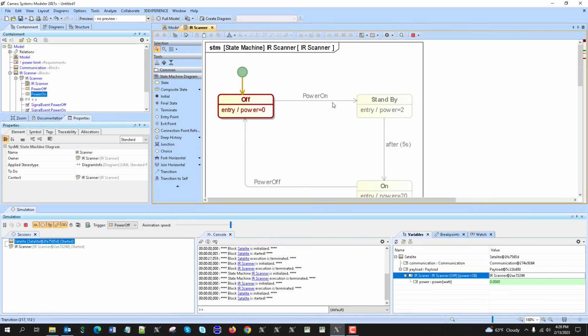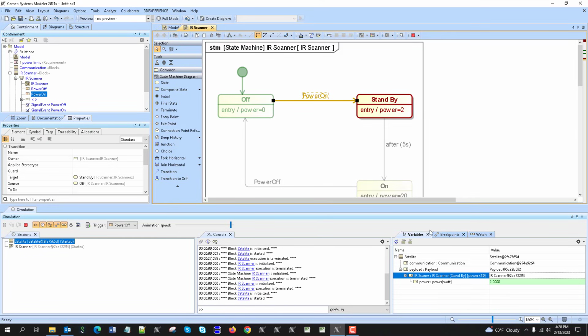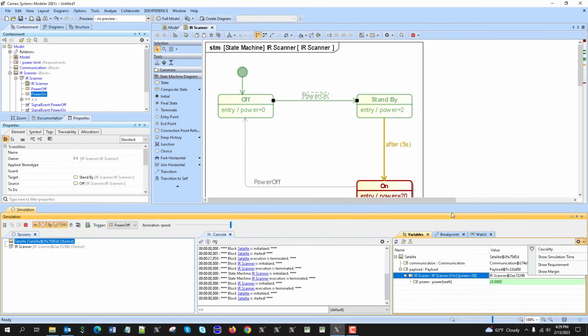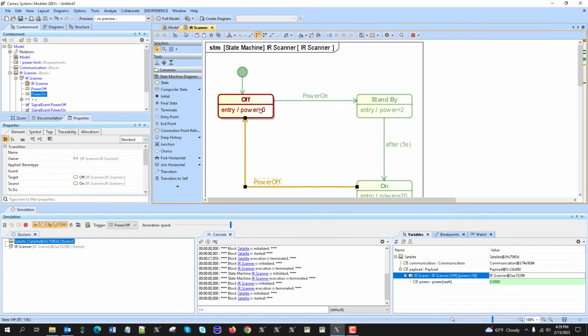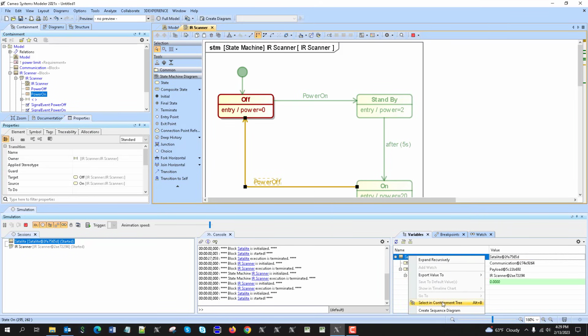Plus I can run behavior, execute behavior. Here is off. We do the power on. So the power gets updated to 2. After 5 seconds, it will switch to the 20, and then on power off, I will get the off state, and I can monitor that